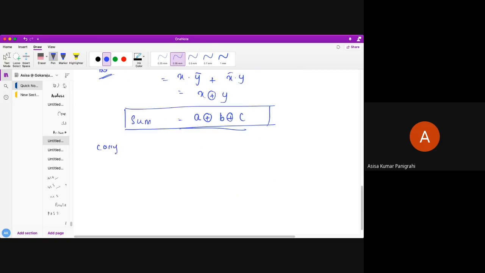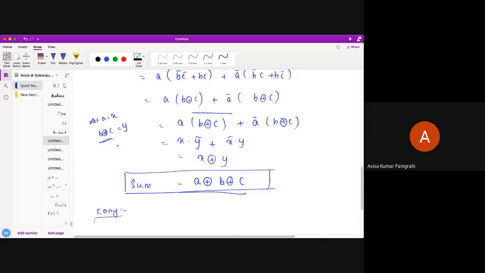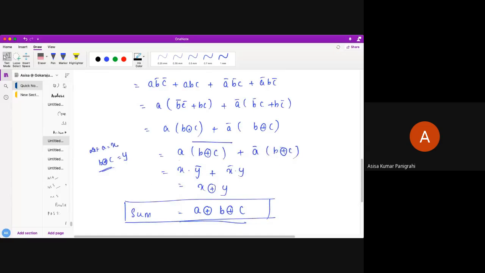Any doubt on this, students? Whatever I have done, please look into it one more time. If you have doubt, tell me. Very simple. What I have done here: we know that B XOR C is equal to B XOR C whole bar. That only I have put here, nothing else. Okay. Next,